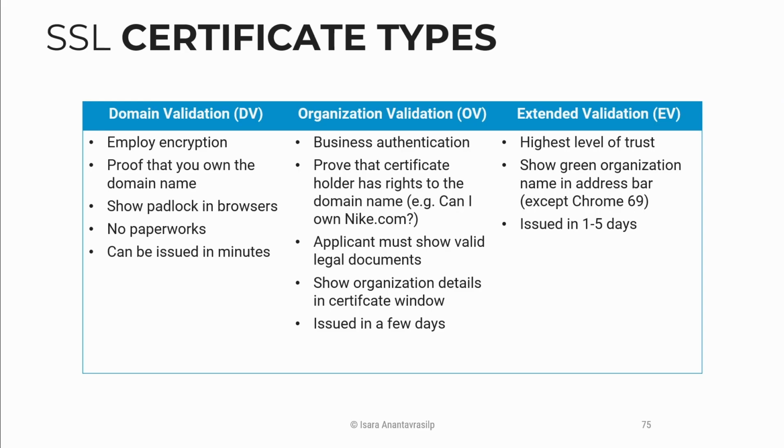There are many kinds of certificate types, right? And the prices are different, as mentioned earlier, $50 to $400 a year. So what are the differences between these types? First, we have domain validation. In domain validation, or DV, the certification authority is going to prove only two things: that you own the server and you own the domain name.